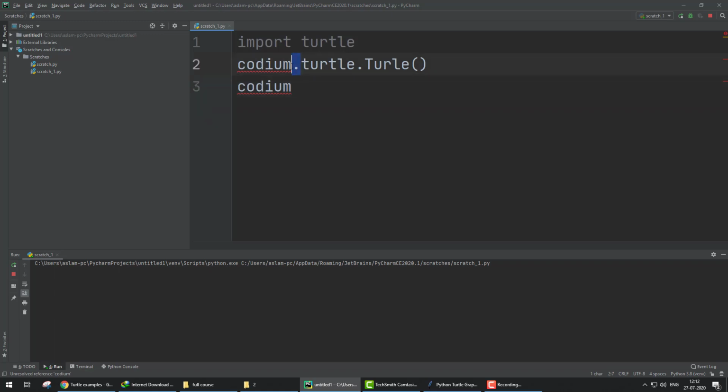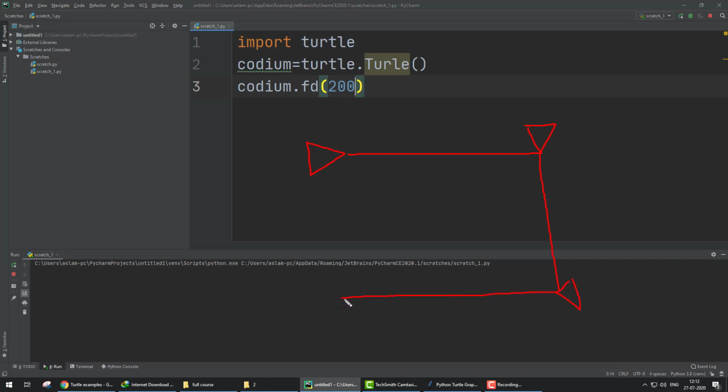Codium is equal to turtle dot turtle. Okay, Codium dot forward 200 pixels in this direction, because the default direction of the turtle is this, and he moves in this direction 200 pixels, then he rotates 90 degrees in this direction, then moves here 200, then 90 degrees in this direction, then moves in this direction, then 90 degrees in this direction, then moves 200 in this direction. This is the way we create a